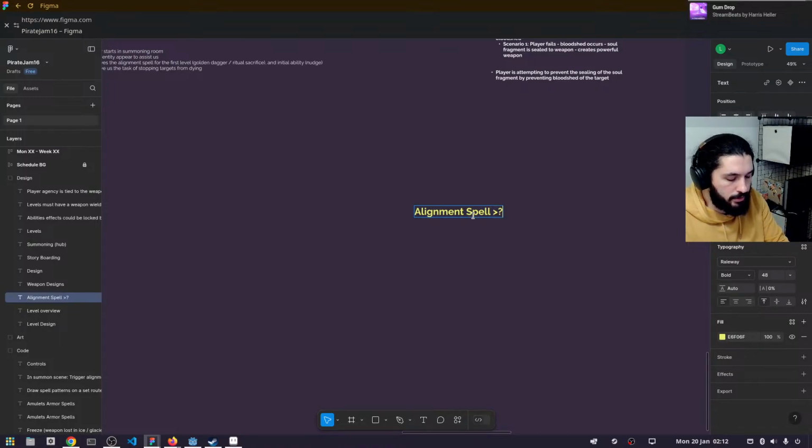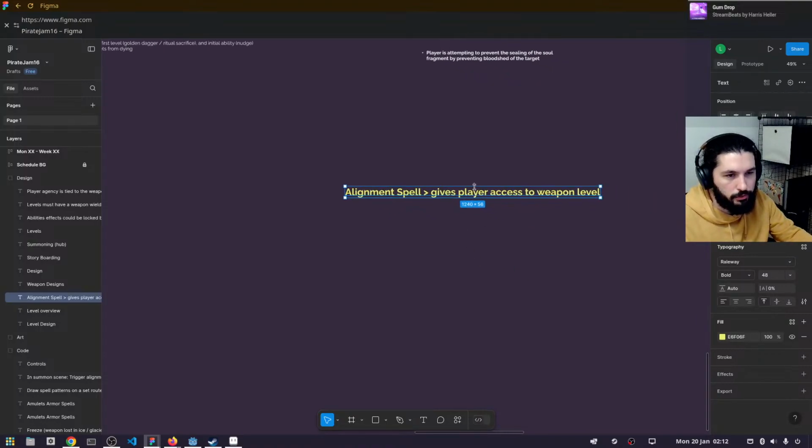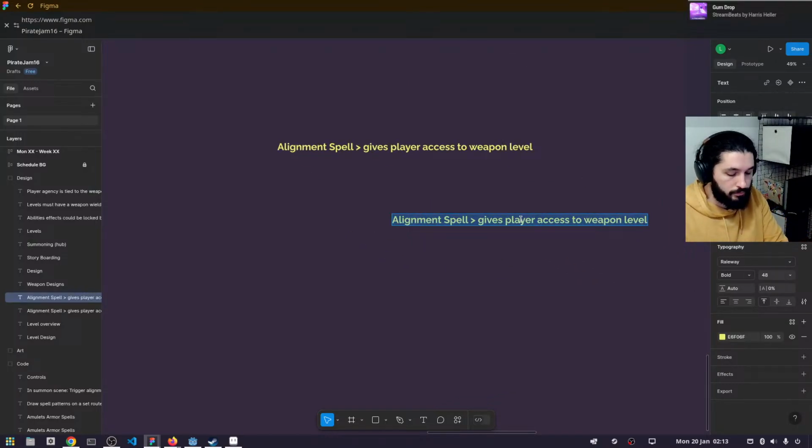And this gives player access to set level, weapons level. Right. Level has to give